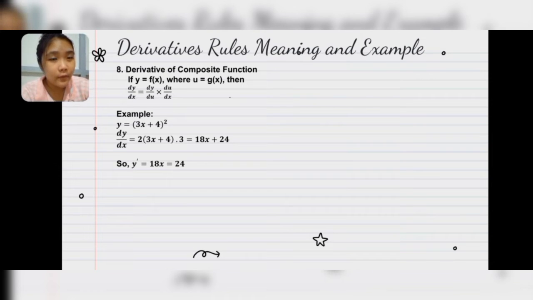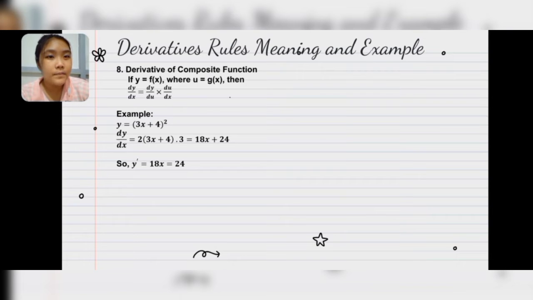Okay, next I will explain derivative rule number 8, derivative of composite function. If y equal f of x, where u equal g of x, then the formula will appear is dy per dx equal dy per du times by du per dx. There is example that I made. The function is y equal 3x plus 4 to the second power, and then dy per dx equal the n is from the power, second power, so we type 2 in front of 3x plus 4,